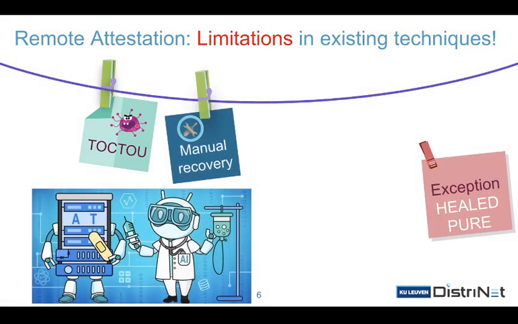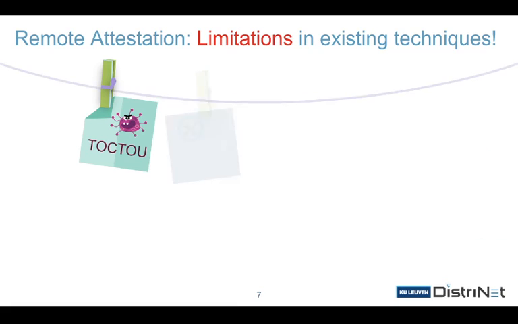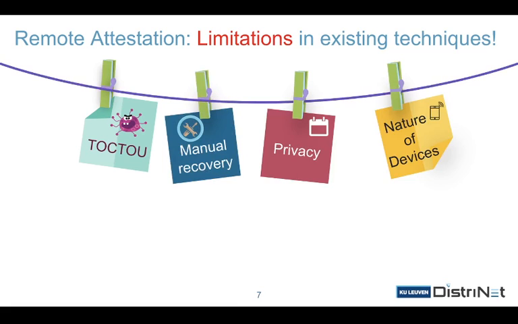The second limitation is that most of the remote attestation protocols don't really look beyond detection. They don't provide any means to recover or at least heal the compromised embedded device by erasing the detected malware. They assume manual healing or recovery will be done after reporting the result. This is of course a very costly assumption and not always valid in some scenarios. These are the two main limitations.